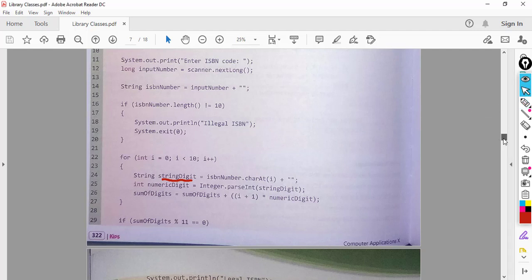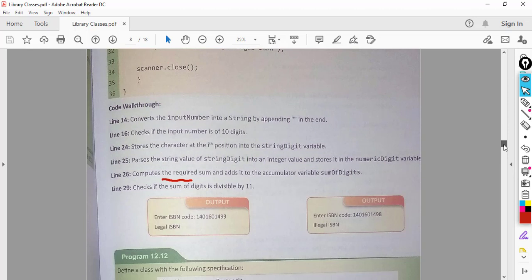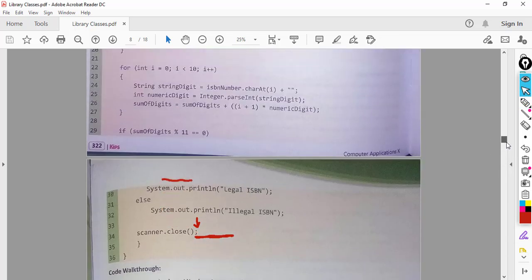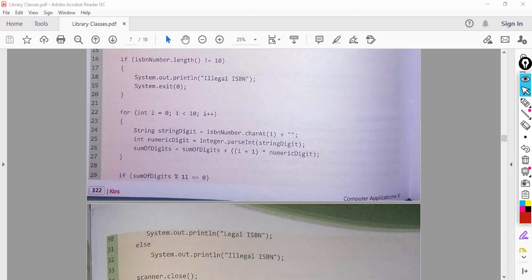So let us look at a sample. Let's say this one was the input. Here first one is extracted, this one is extracted as a character and then converted into an integer using the parseInt function.